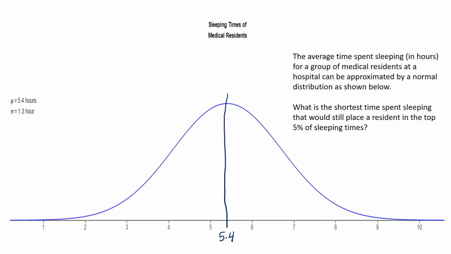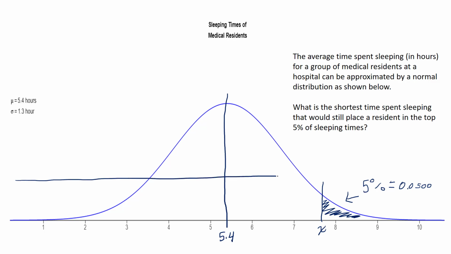What is the shortest time spent sleeping that would still place a resident in the top 5%? So in other words, this would be the top 5%. So we're looking for that X value right there. All right, so either 5% or we know our Z table is in 4 decimals. However, remember you read from the bottom up to that value. So what we're really going to be looking for in our table is the value closest to